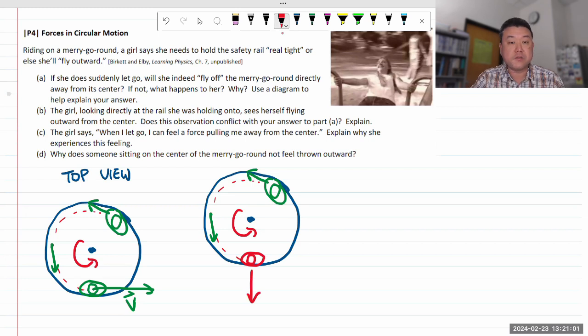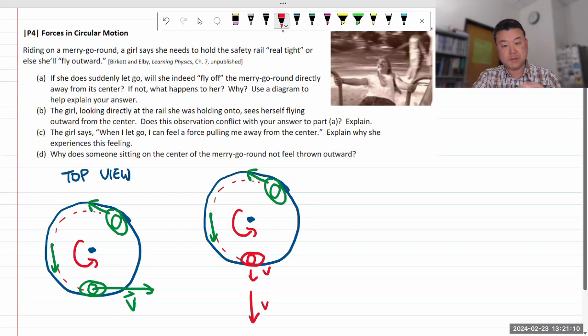So maybe at the beginning she starts off slower, but then later she's moving faster. So that would be the speed. Or